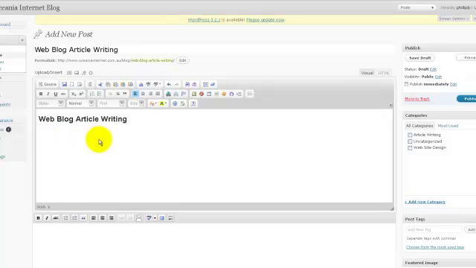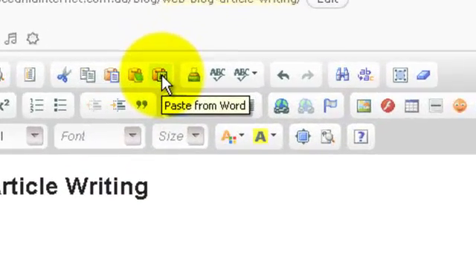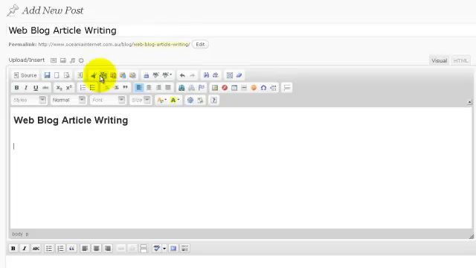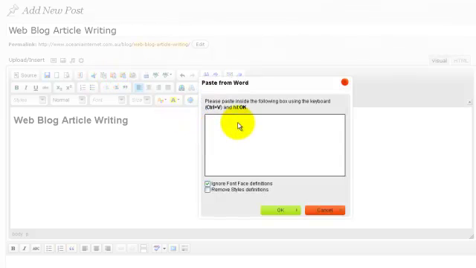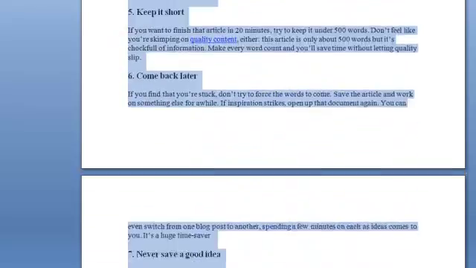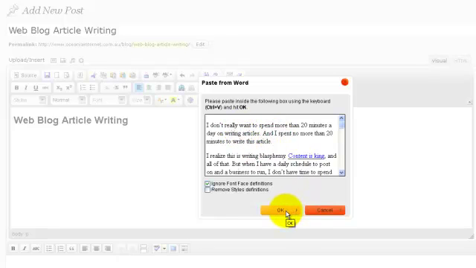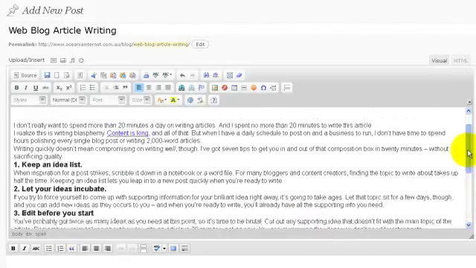Okay, so I've cheated. I'm taking my content from a MS Word document. So what we want to do is import that document into this particular article. So there's a little button up here where we can import or paste from Word. In fact, you can paste from plain text as well, and just a general paste. But we're going to use Word. So effectively, you grab your content from your Word document and it gets pasted in there. You can ignore some font face definitions here, or you can remove the styles here. Pretty straightforward. So if you hit OK, all that information is pasted in there from